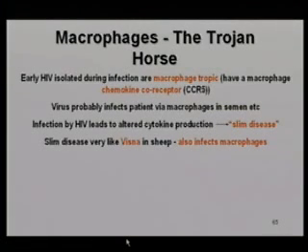So the macrophages are this sort of Trojan horse that brings the virus into the body. The first viruses that come in are macrophage tropic, because macrophages also have a chemokine receptor. They actually have the CCR5 receptor. You get macrophages in the semen if you're transmitting it via that route. The macrophages get infected,